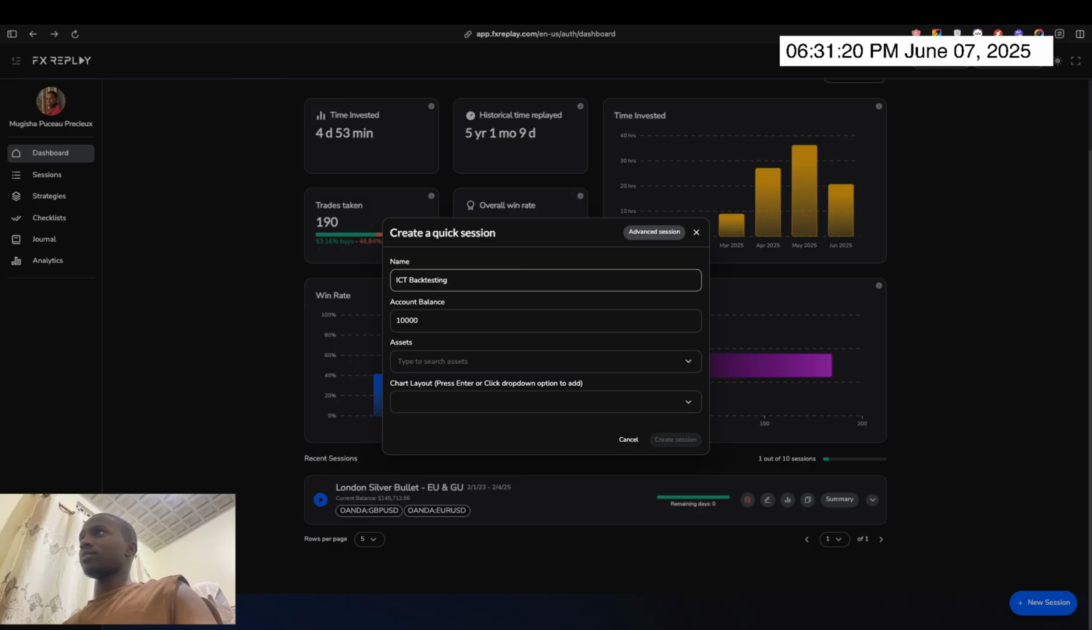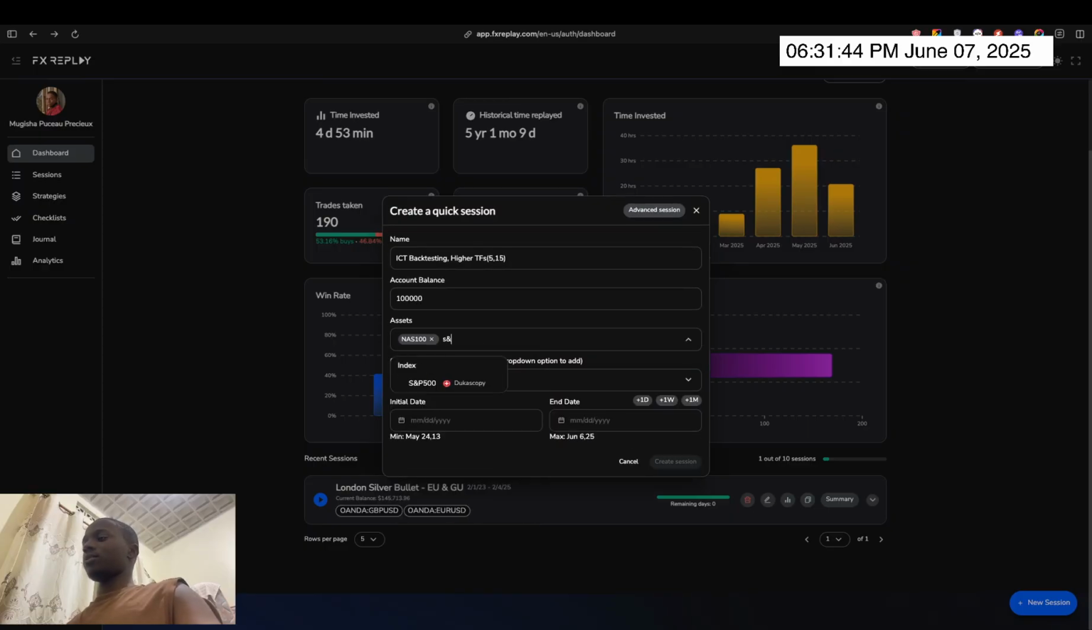Backtesting. Higher TFs. Well, that's the 5 min and 5 and 15. And we'll do 100k assets: NAS, S and P,